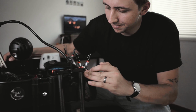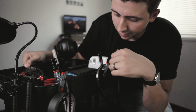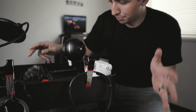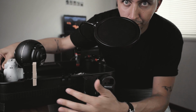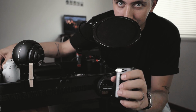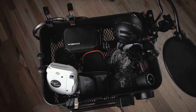And then on this side, I just have some more bigger clips. I have my gaff tape hanging off of here, and on this clip is my headphones. And that's pretty much it for the sides. Again, I just used sticky Velcro for this side. This is the more coarse, and then on the actual chargers themselves, it's the soft part of the Velcro. And then inside this top compartment, I have batteries and just random stuff that I use every day,